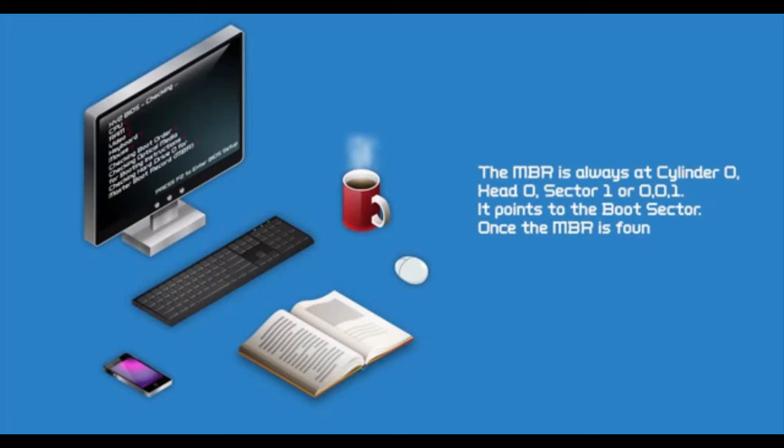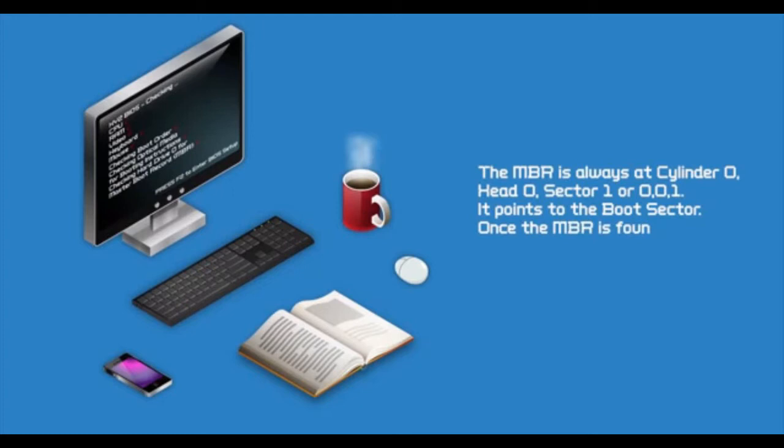MBR is kind of like the receptionist. It knows where all other information, all other applications, all other games are located. So the BIOS goes to the MBR and asks where the bootstrap loader is. Okay, bootstrap loader. The bootstrap loader always stays with the operating system. So what the BIOS does is take the bootstrap loader and move it to the main